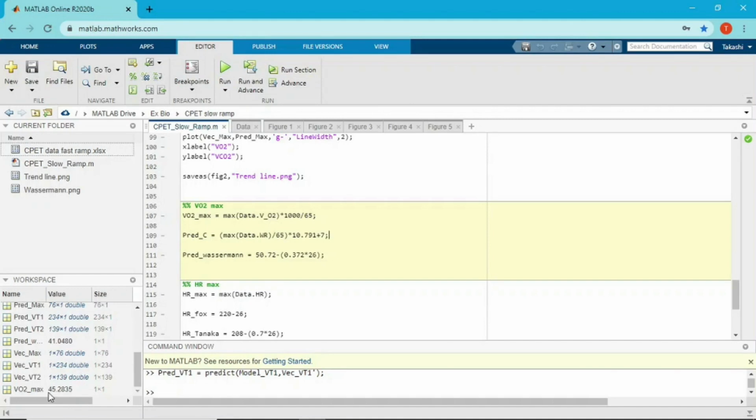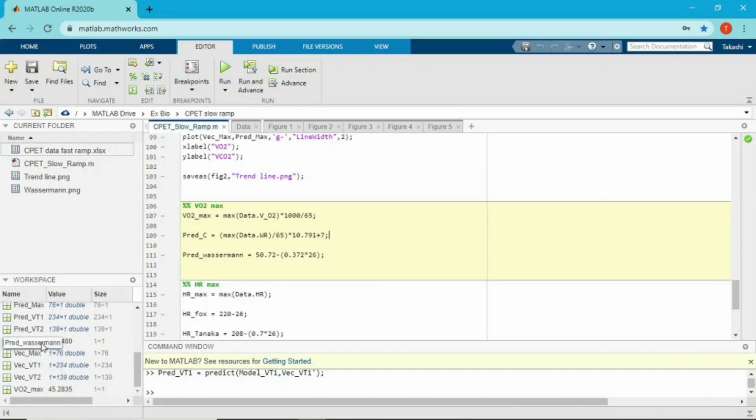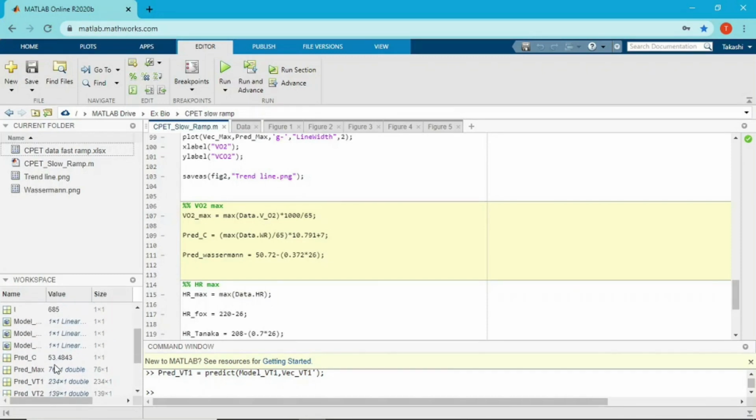My VO2 max is around 45, and my predicted VO2 max is around 41 based on the Wasserman method, and another method is around 53. So the Wasserman method actually underestimates my VO2 max, but the other method overestimates it. If you don't have the CPET data, this is the way you can predict your VO2 max.